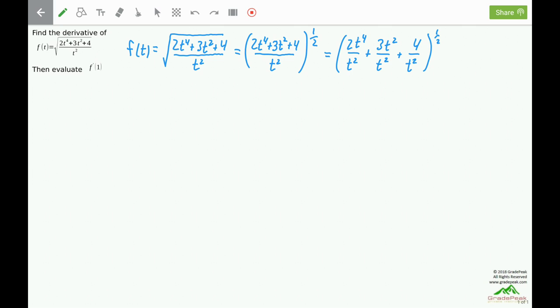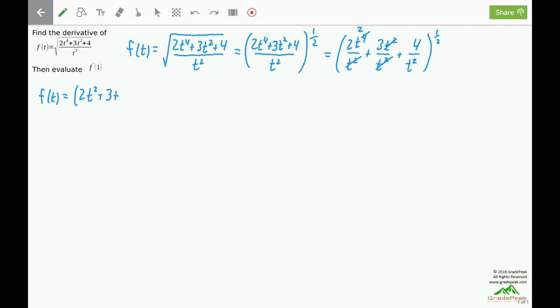For the first one, we will be able to cancel out the t squared with two of the t's in the numerator, so it'll become t squared in the numerator. The second one, we'll be able to cancel out the t squareds completely. And then the third one does not have any t's that can cancel out. So f of t can now be written as 2t squared plus 3